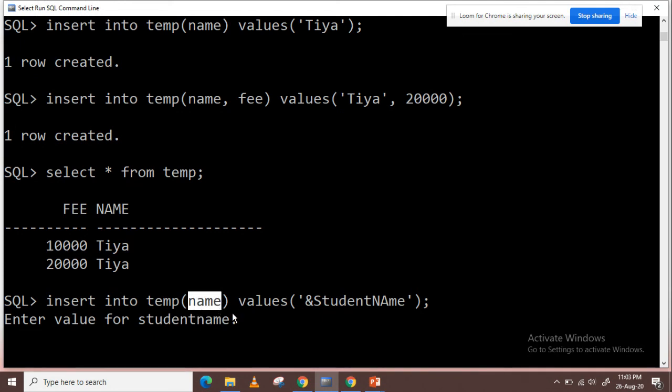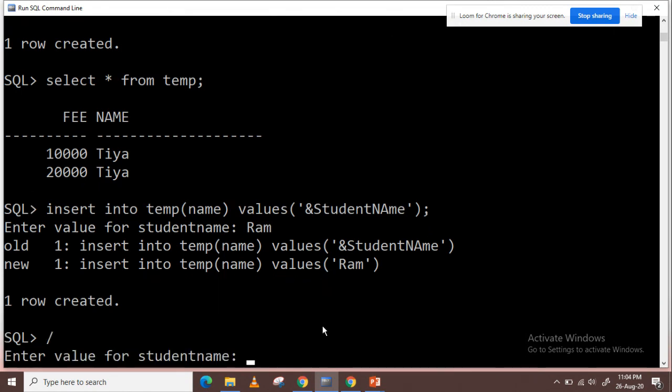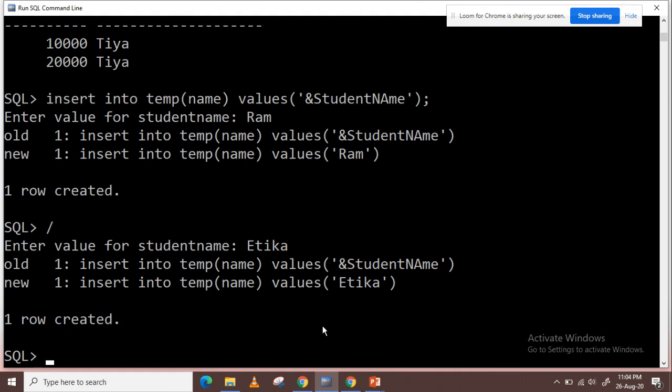So if we want to enter value for all the fields, then I have to provide the name, or if we provide the name for a limited number of fields, then it will prompt you for those values only. So student name is suppose this. Again a row is created, repeating the insertion. Again we have to provide the name. Suppose I provided it as Itika. So again a row is created.